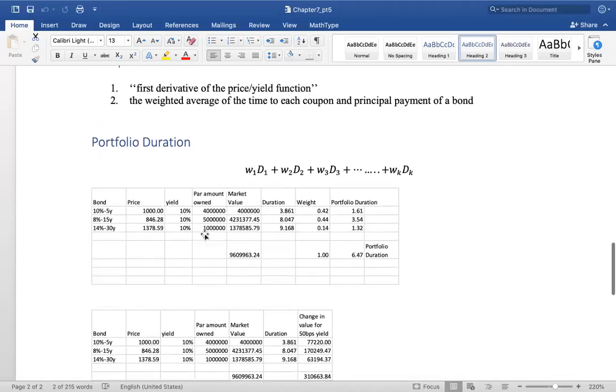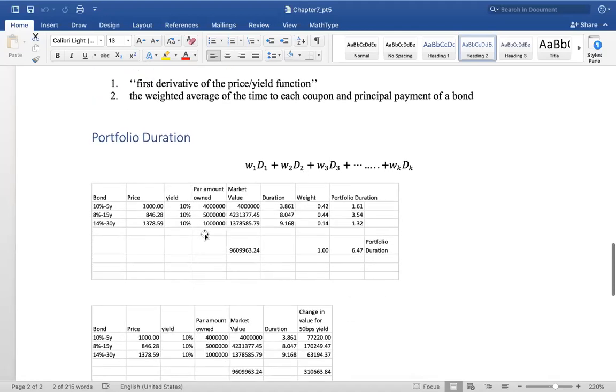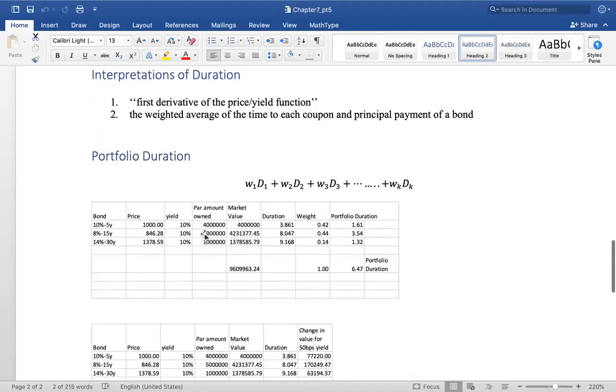Now let's talk about the portfolio duration. What we mean by portfolio duration. So basically, just like the various concepts for the portfolio we discussed, portfolio duration is just the weighted average of the individual durations. So for example, if I go to this worksheet,